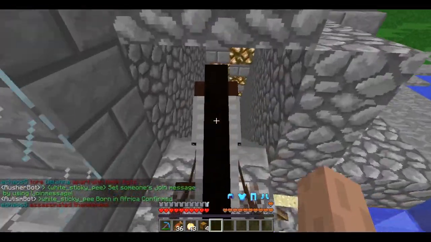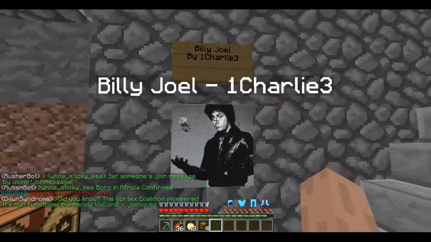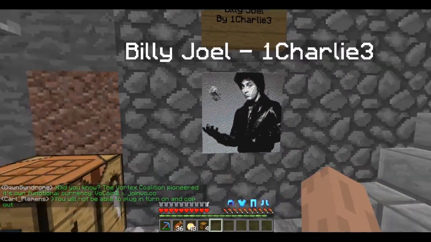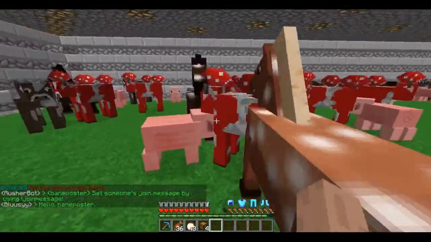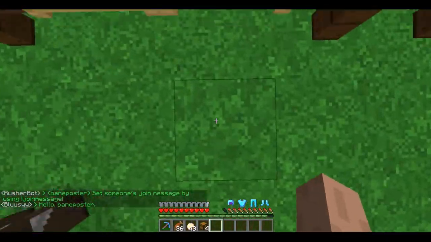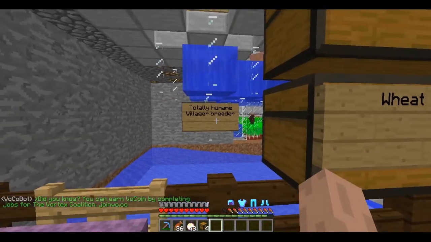Then down here is where it gets interesting and laggy. First off, here's his map art. I might go over there later where it's built. This is of Billy Joel. Then here are the cows, mushrooms, horses, pigs, and okay, you have to promise not to sue Charlie, but here's an inhumane